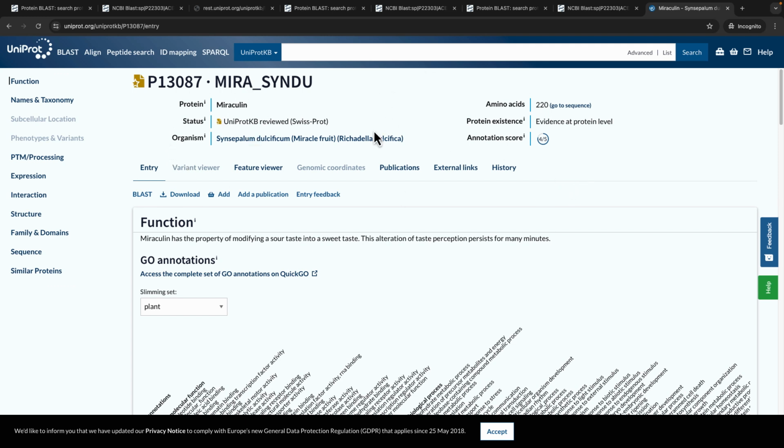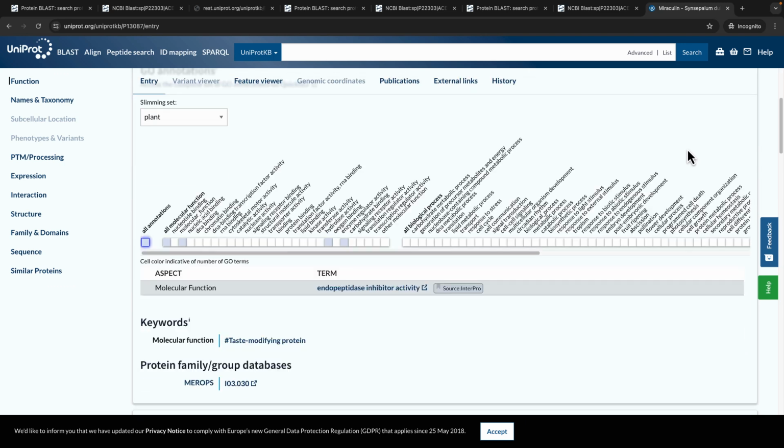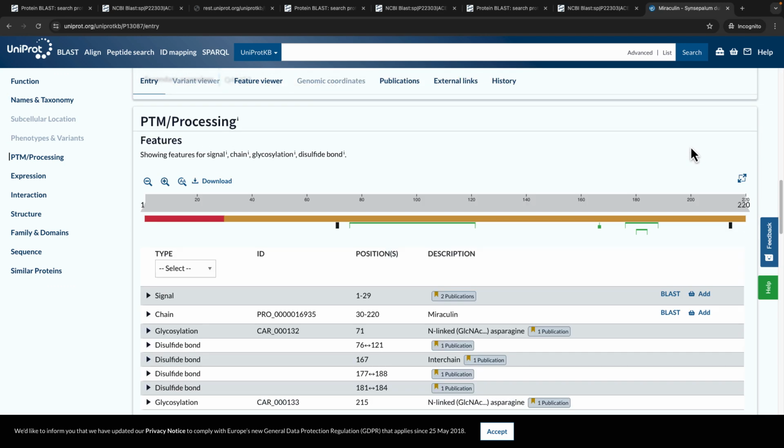Just go through the basic information. The protein name is Miraculin. Organism, here they have given miracle fruit. The total number of amino acids in this is 220. And if you look at the function of this protein,